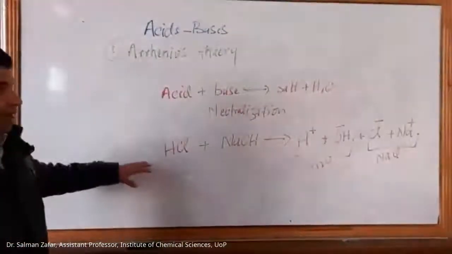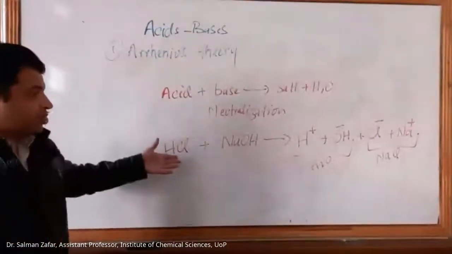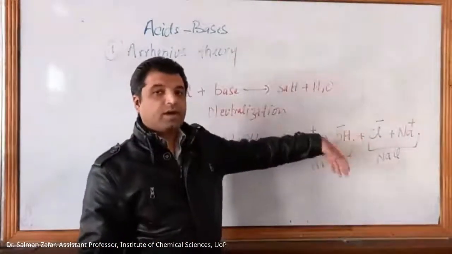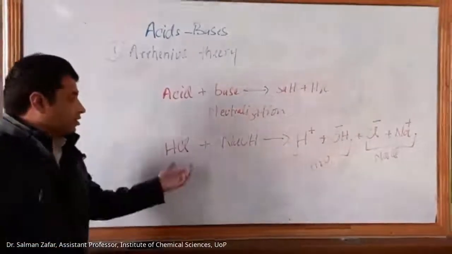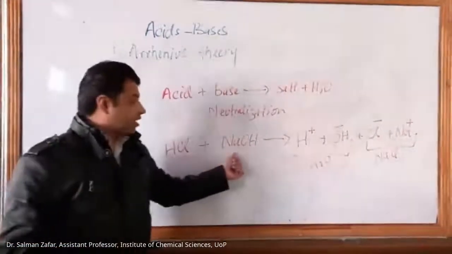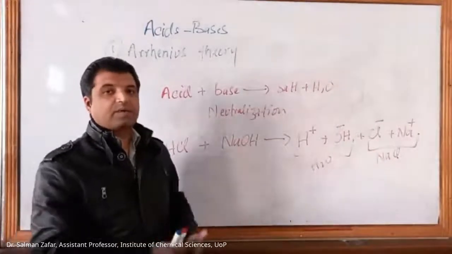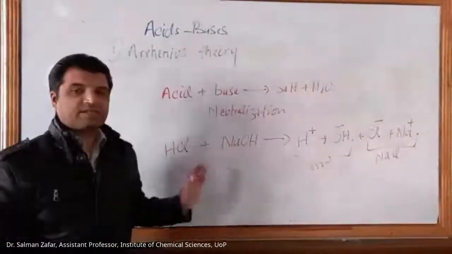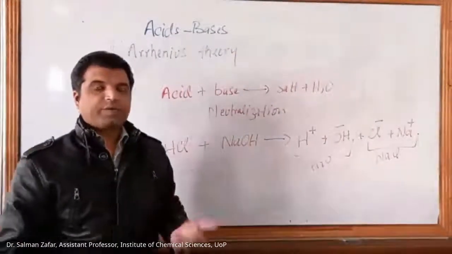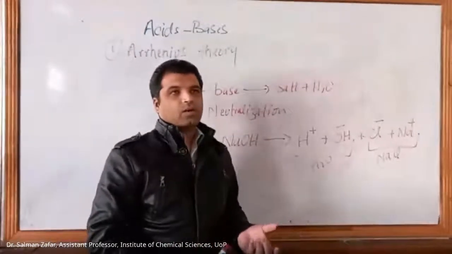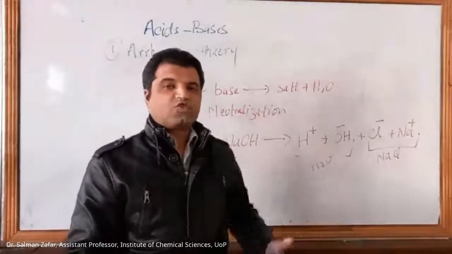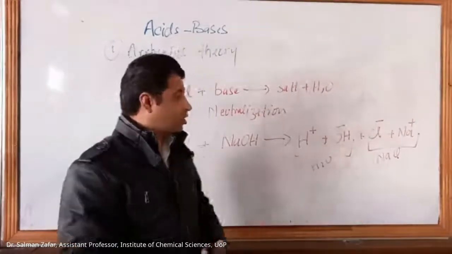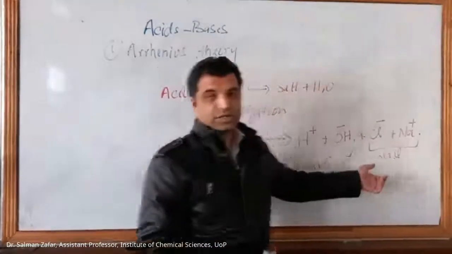So in a neutralization reaction or an acid-base reaction of such types, when an acid reacts with a base, we have the formation of water and a salt is formed as a result. So the anion of the acid and the cation of the base, they combine to form a salt, depending upon the nature of these acids and bases. From nature, we mean whether it is a strong acid or a strong base, or a weak acid or a weak base, you can classify these salts into different types.